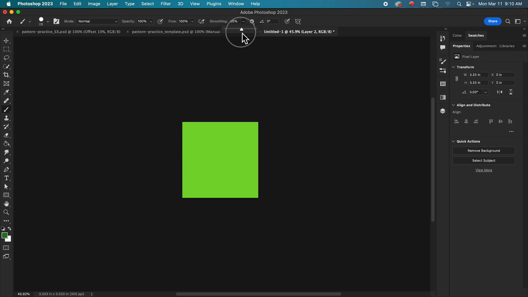I'm going to turn my smoothing up here so that I can get really smooth lines. That leaf is a little big, but we'll see how it turns out. Okay, so nothing touching the edges. Everything looks like it's good to go.